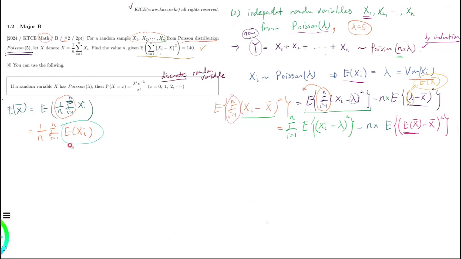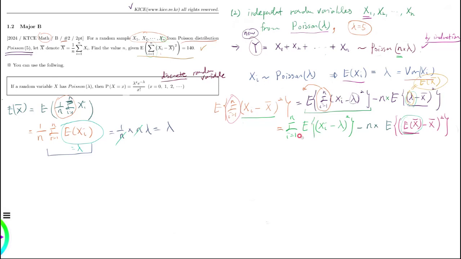The population mean is lambda for the case of Poisson distribution with parameter lambda, and we have 1 over n times the sum of constant term lambda n times, which is lambda. So instead of lambda, I can substitute this term as the expectation of x bar. Okay,